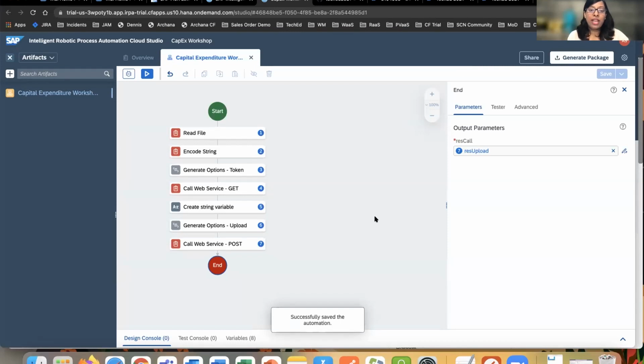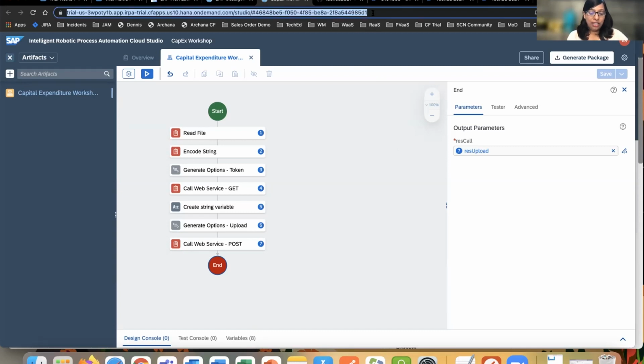Good. So now we have created the bot, and what we will do now as a final step is we will also test this bot, right? Before even starting it, generating the package and creating an automated attended bot, we will first test this. So to test this, you can test this in the same landscape where